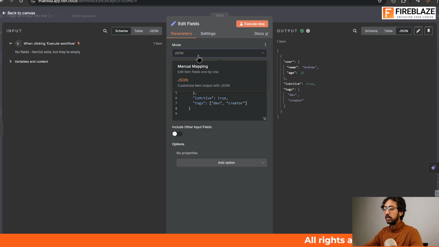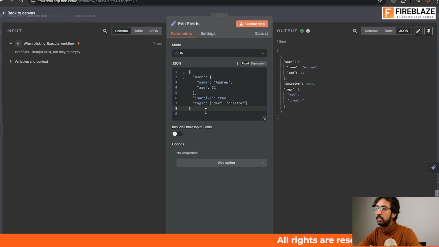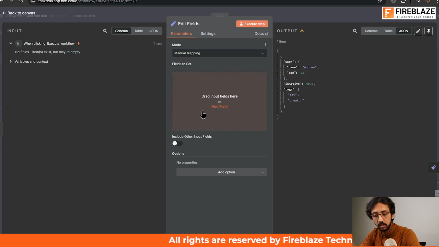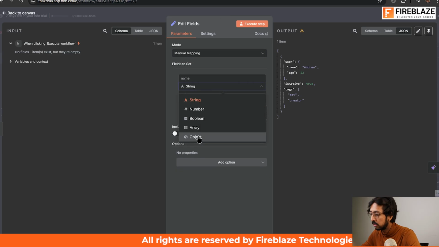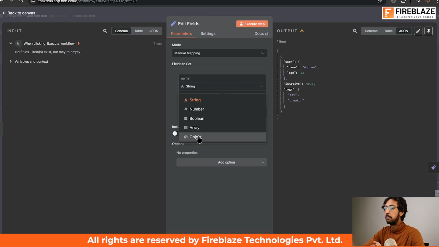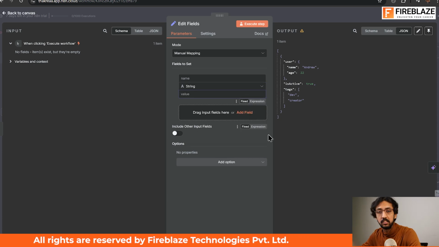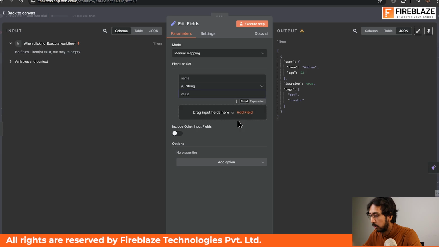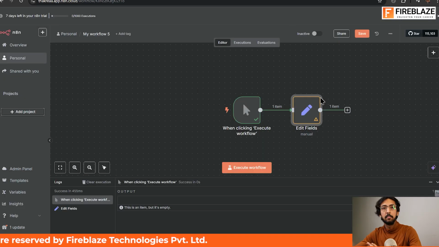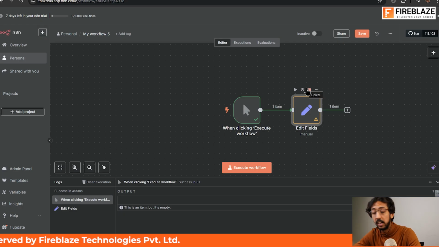So JSON mode is best when you wanna input the data types in nested format, in formats that have multiple data types in them, and it's more complex than the usual data formats. And the manual mapping object method is best when the object is pretty simple and doesn't need a lot of writing or complex structures. Okay, so here you learned about the different data types that are present in NNN,